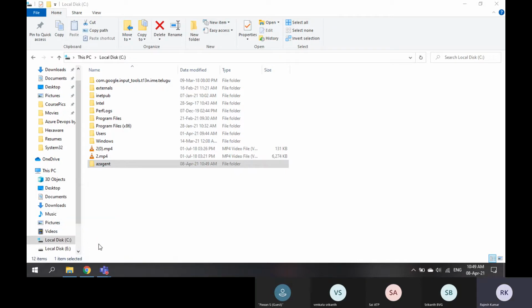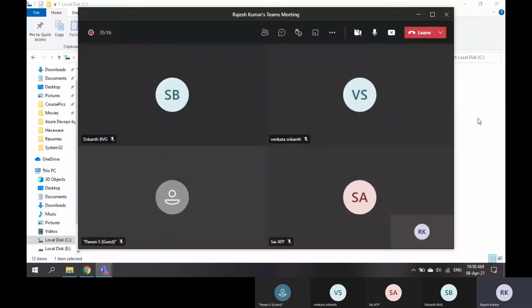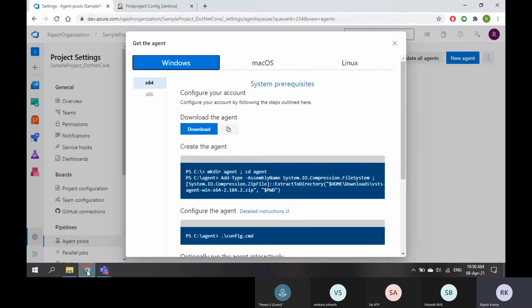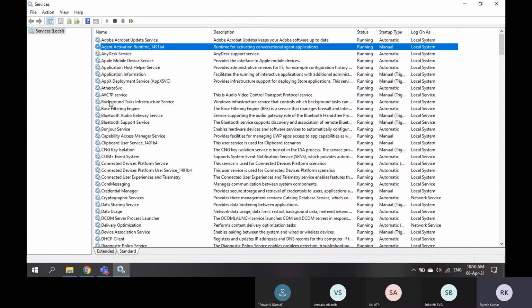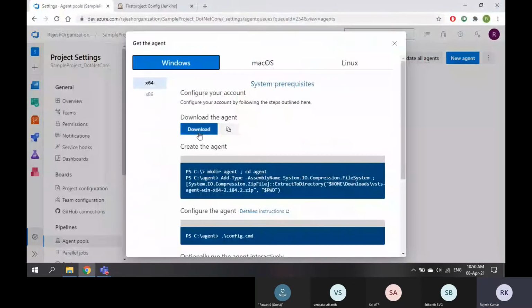I need to make sure that the services are deleted, because if the service is already there, while configuring the agent, it will throw an error: a service with the name Azure DevOps is already running, make sure whether you want to use it or not. I don't see anything. Agent, Azure agent, nothing. Yeah, nothing is there. We are good to proceed.